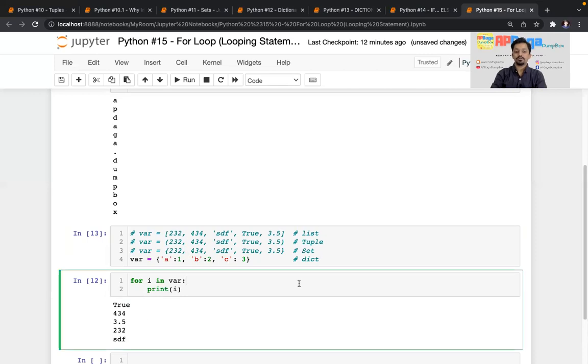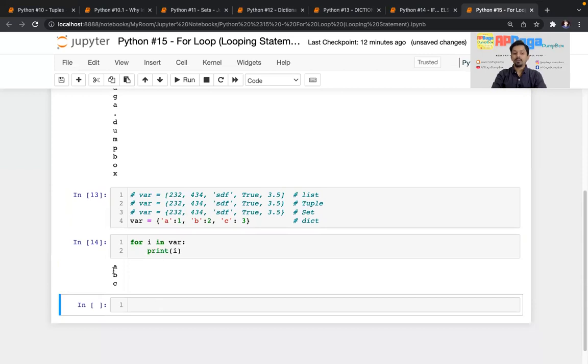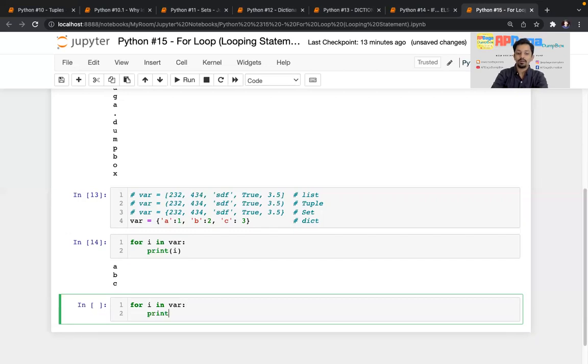I'm executing this and applying the same for loop. You can see it printed all the keys. It didn't print values. If I want to do that, we know the functions keys and values, which we have already used.